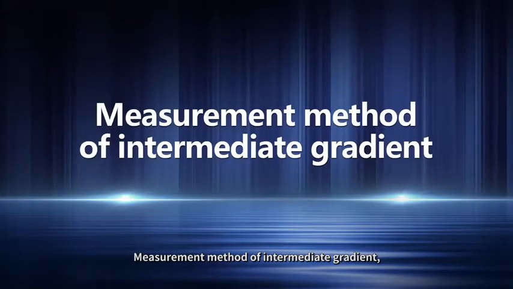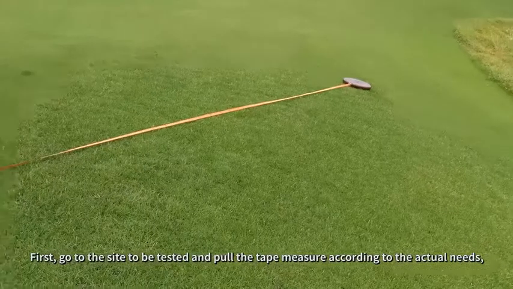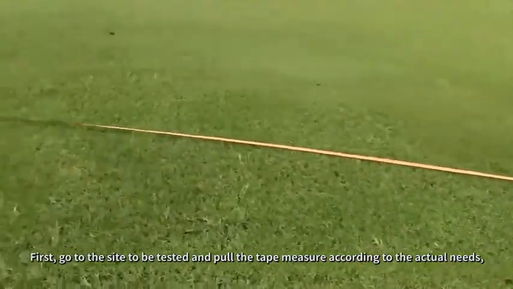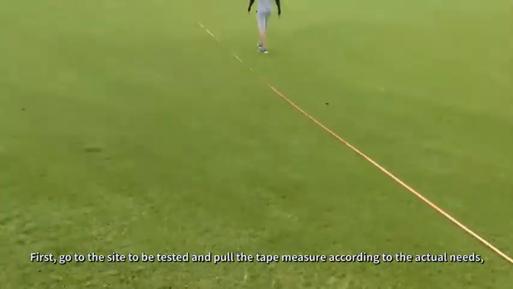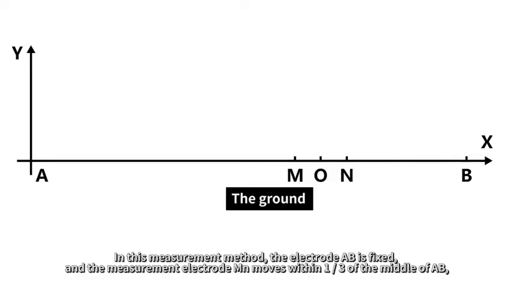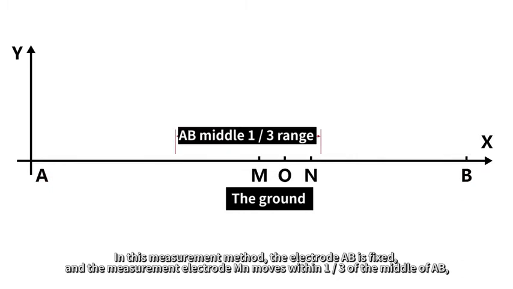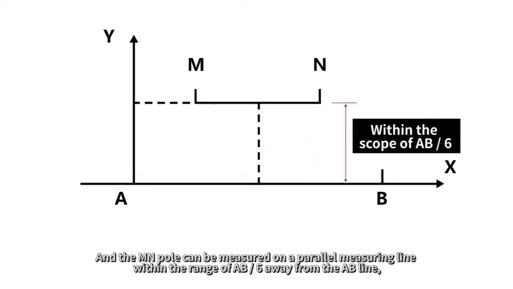Measurement method of intermediate gradient. First, go to the site to be tested and pull the tape measure according to the actual needs. In this measurement method, the electrode AB is fixed, and the measurement electrode MN moves within 1/3 of the middle of AB. And the MN pole can be measured on a parallel measuring line within the range of AB/6 away from the